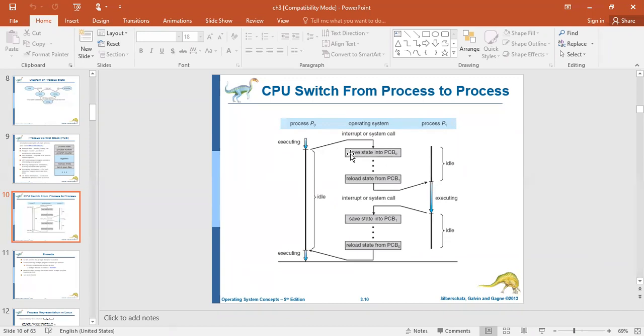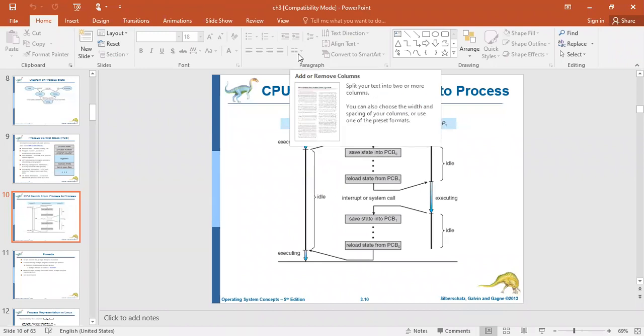Here you can observe the last instruction address is saved into process zero's PCB, and then it reloads process one's address, because once its execution is completed, it needs to continue its execution after this particular instruction. In such a way it is switched from one process to another. So that is a little bit about the process.